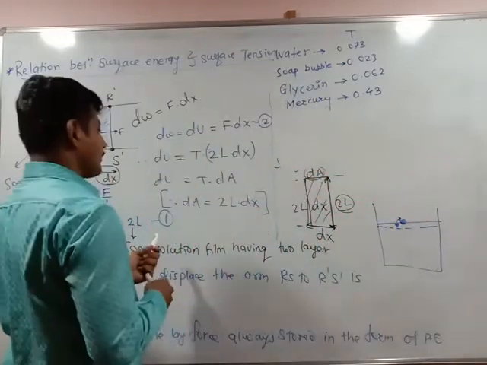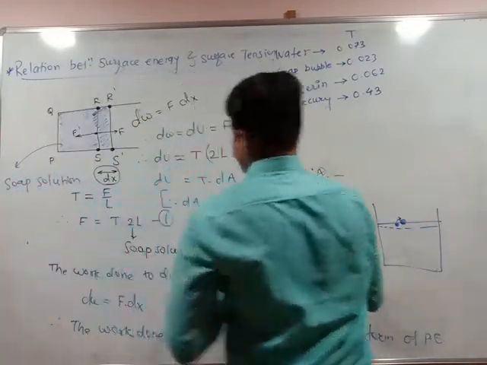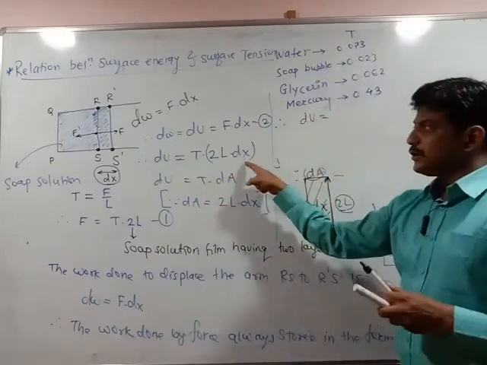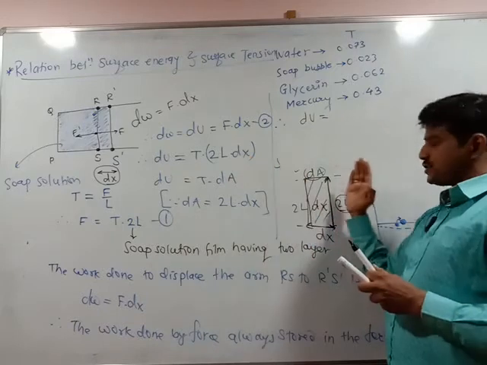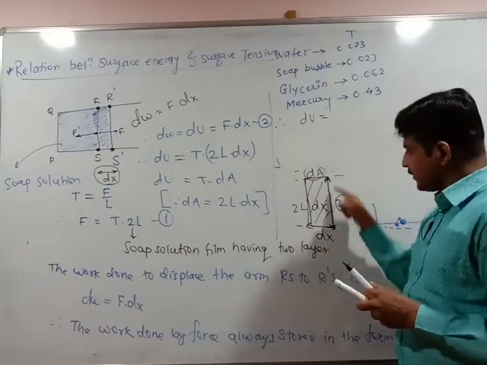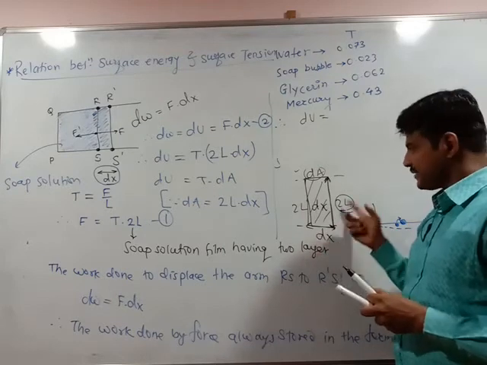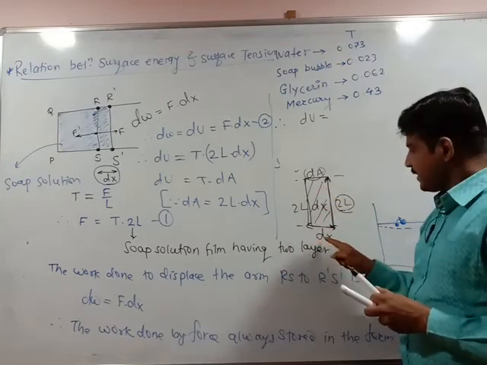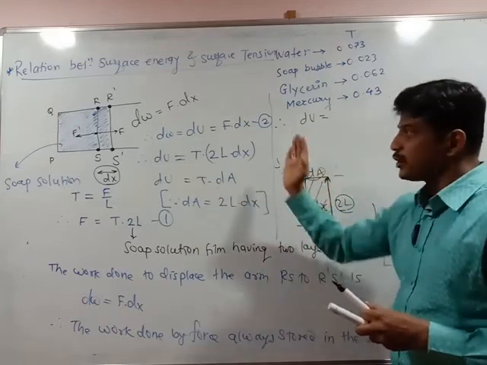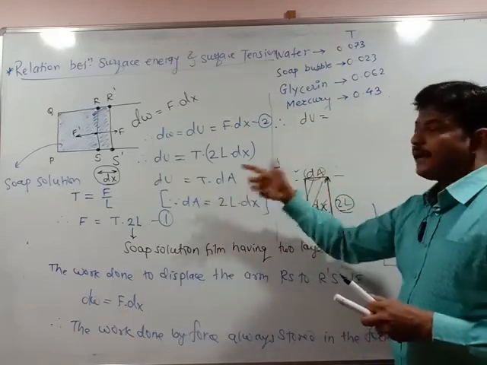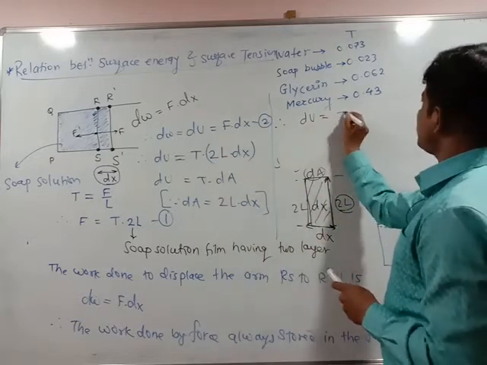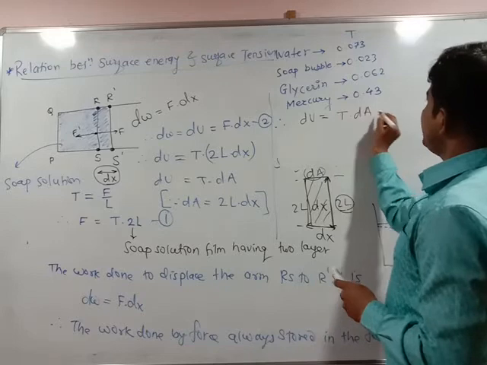Therefore dU, we got this 2L into dx. 2L changes to the next position 2L through displacement dx. So this change in length into its height. So this length into breadth, whatever it is for the square, it is dx into 2L. You will get the change in area dA. Earlier area is said to be A. Area changes by dA by the value 2L into dx. So dU is equal to T into dA.